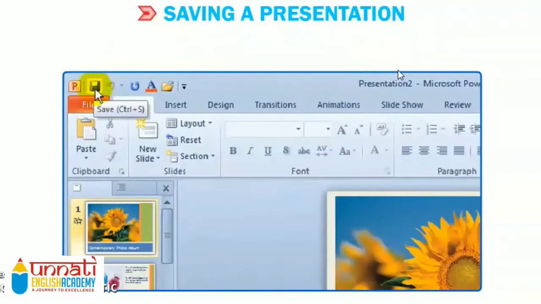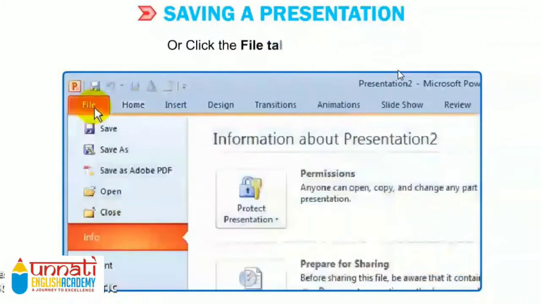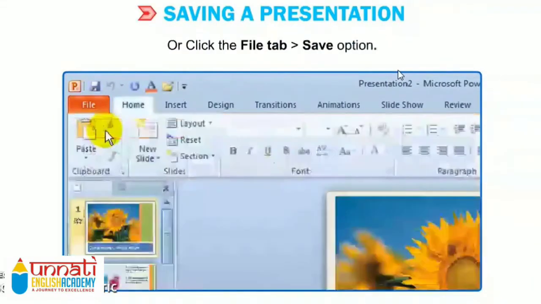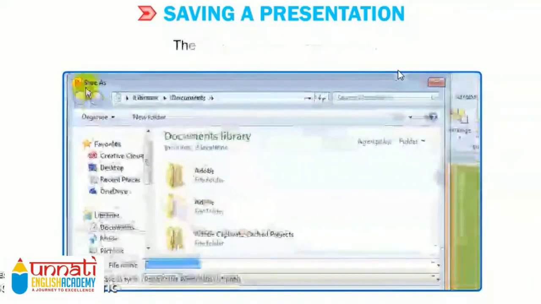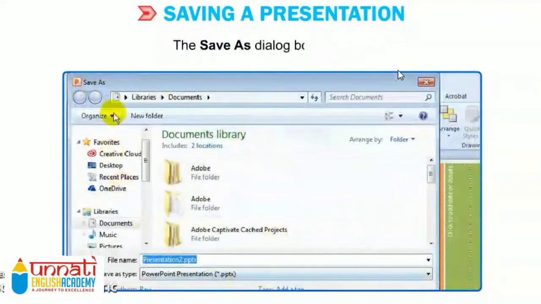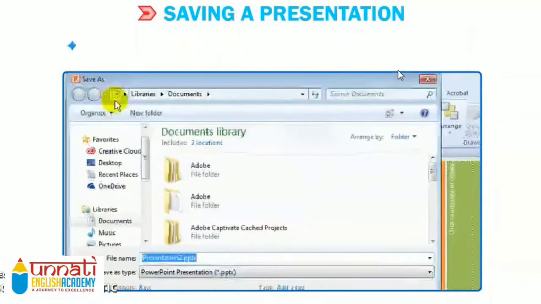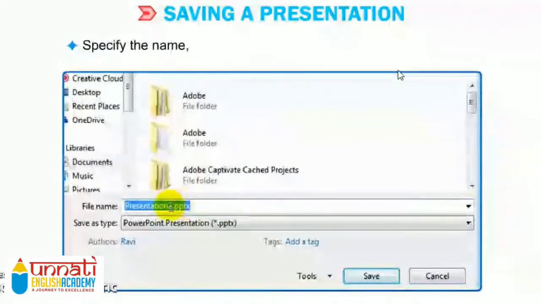Or else you can also open the File tab, and then you can choose the option Save. The Save As dialog box appears. You have to specify the name of the file. For example, I'm writing over here My Presentation.